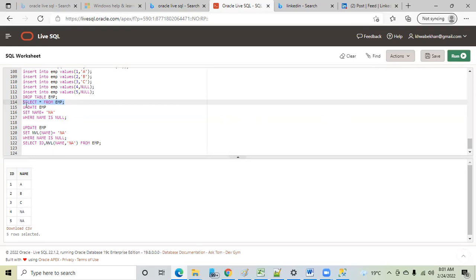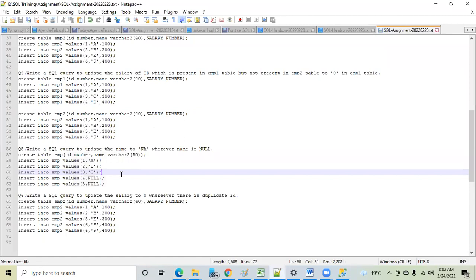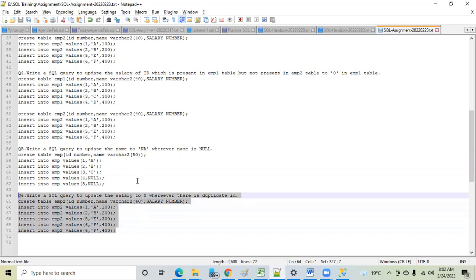So that's the power of the update keyword. But in select, if you're thinking that I will use NVL and do this, no, NVL is just to display. This is not going to impact your table. Okay. Any question on this? No question. Question 6-1, you all have done correctly. This was perfect. Anyone who is having doubt can connect with me. This was very simple. Those who have not tried, I request you to try this.